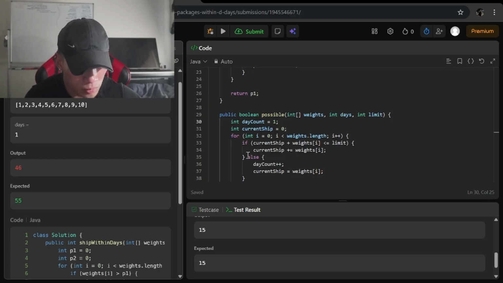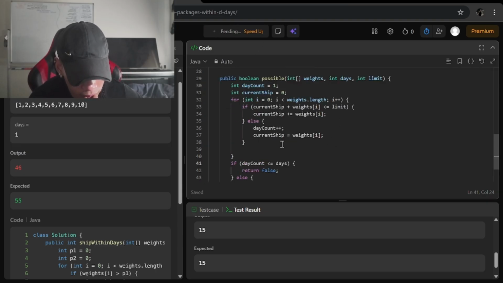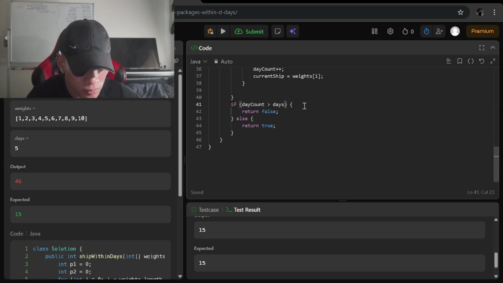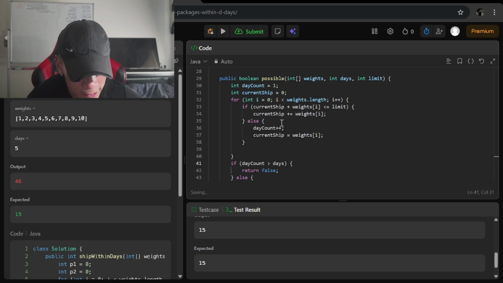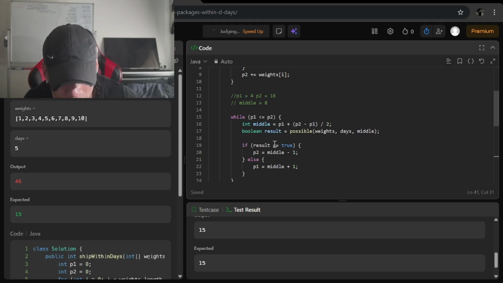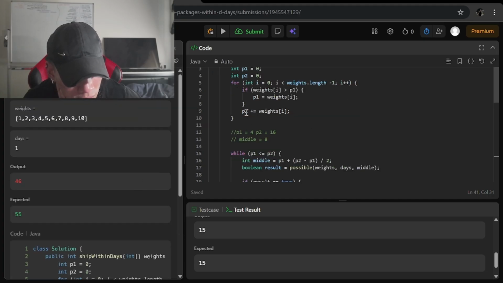This helper function isn't actually necessary, right? But I guess it's helpful. I used it. This is fine.